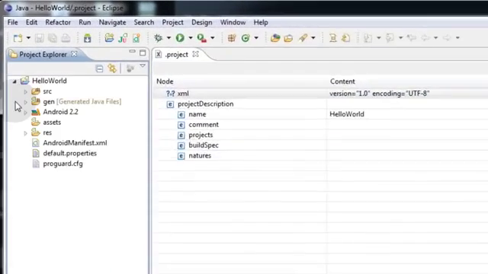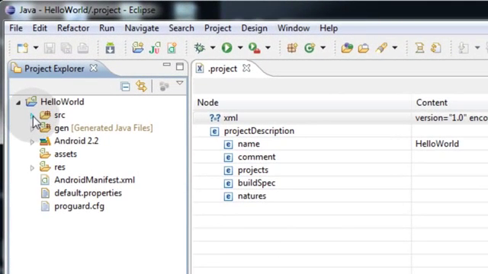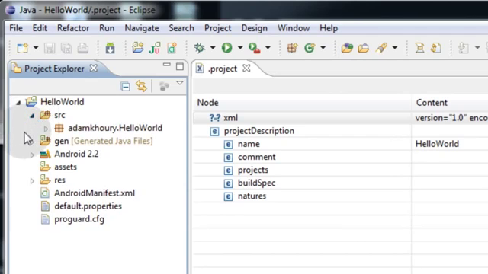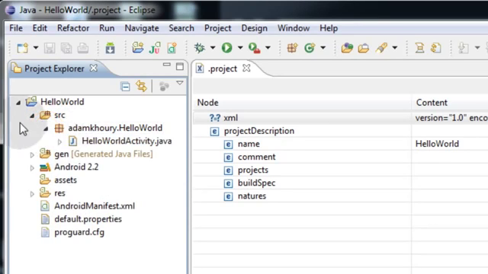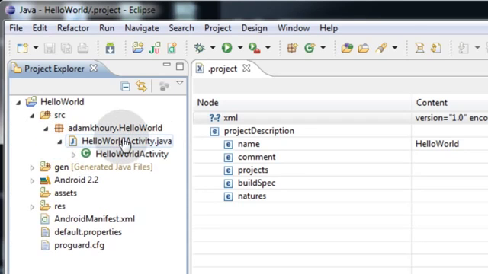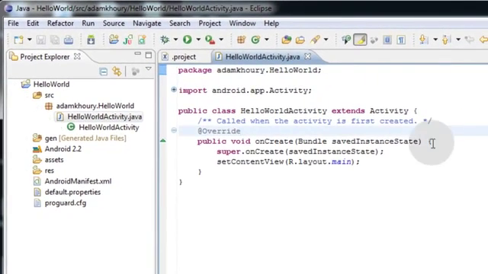Project Explorer. So what I'll do is click on this little arrow to expand the source folder. Then I'll expand this arrow till I get to a file that says .java. Then I'll know that's the source code for my application. So I can double click that and it'll load into the window here. So you can see the code for the Hello World Activity subclass, which is a subclass of the Activity class